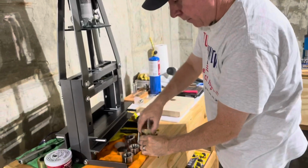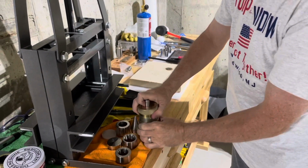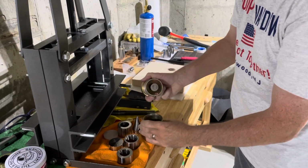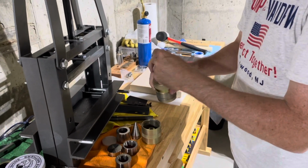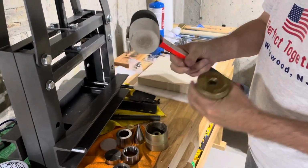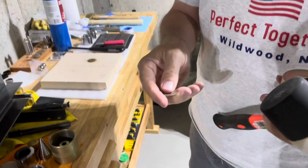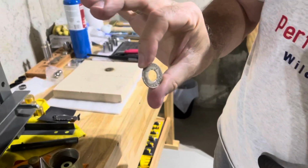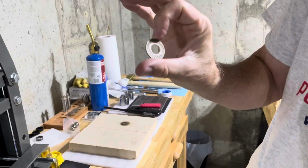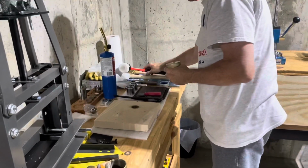Back to the coin ring. So now we have a center hole punch through this quarter. And we're just going to take it out of here. Little rubber mount wrap. Take it right out. And now you have a nice hole dead center through this 1915 Barber quarter. So from here,